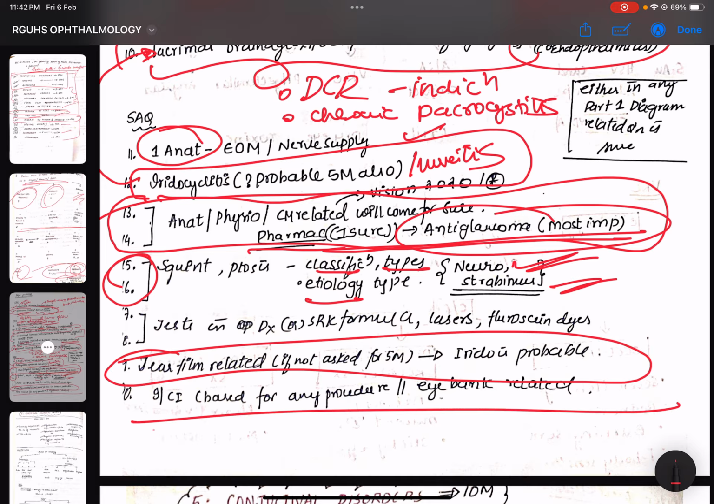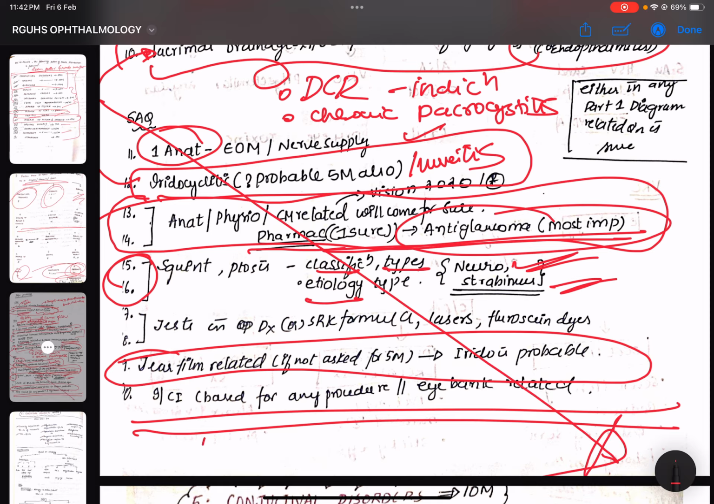And one question related to indication, contraindication for any procedure, or eye bank related things they might ask. Again, what is the aim of the 3 marker in the surgical topic? To test about